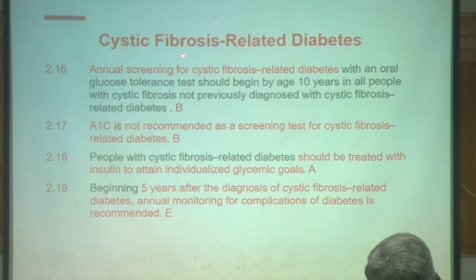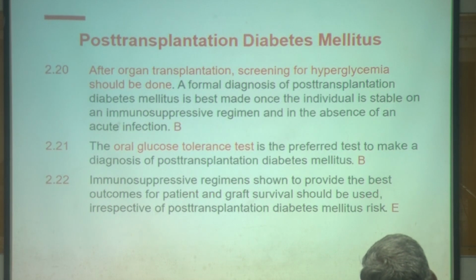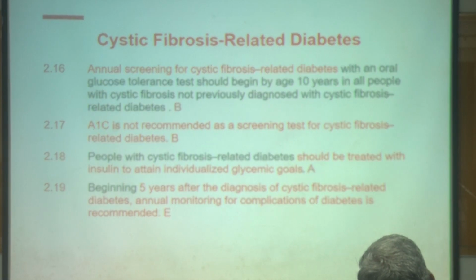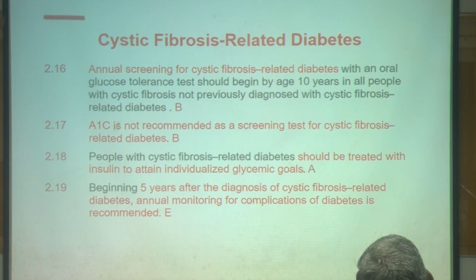So cystic fibrosis, again, is rare, about 1 per lakh. But again, do annual screening for cystic fibrosis related diabetes with an oral glucose tolerance test. Here you should not rely on the usual diagnostic criteria for diabetes. You have to do an OGTT, and HbA1c is not reliable in cystic fibrosis. No HbA1c, it is only OGTT. And A1C is not recommended, and these patients should be treated with insulin. These people can't be treated with OHA, only insulin is the treatment. That is one more piece of information.